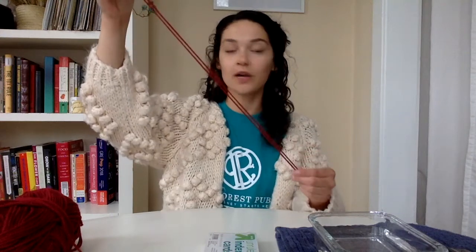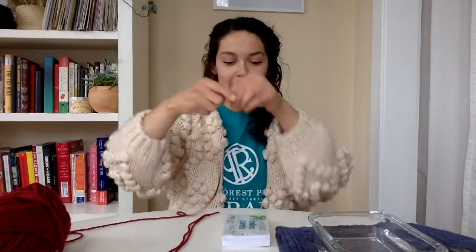And that's it. All right, so now that it's dipped, we're gonna let it dry to the side and then get started on our tassel. The first thing you'll need to do to make the tassel is to cut 2 pieces of yarn about 1 foot long. The second thing that you need to do is take your yarn, mine's still attached, and loop it